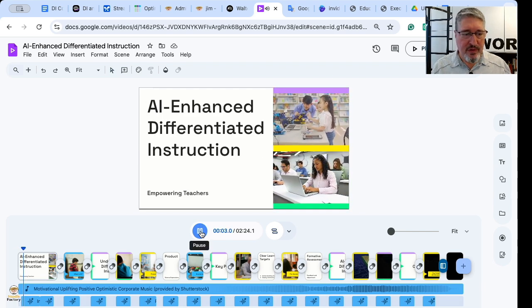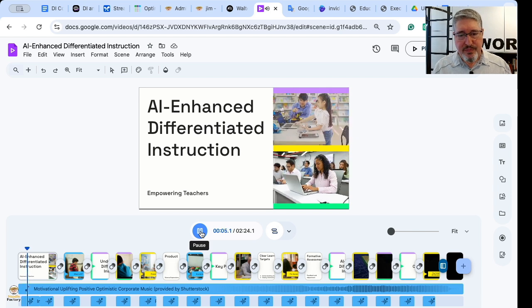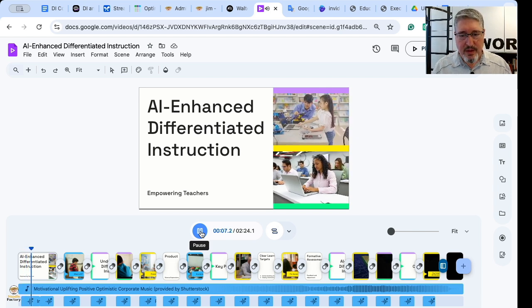In this workshop, we'll explore how the application of generative AI can enhance differentiated instruction, helping